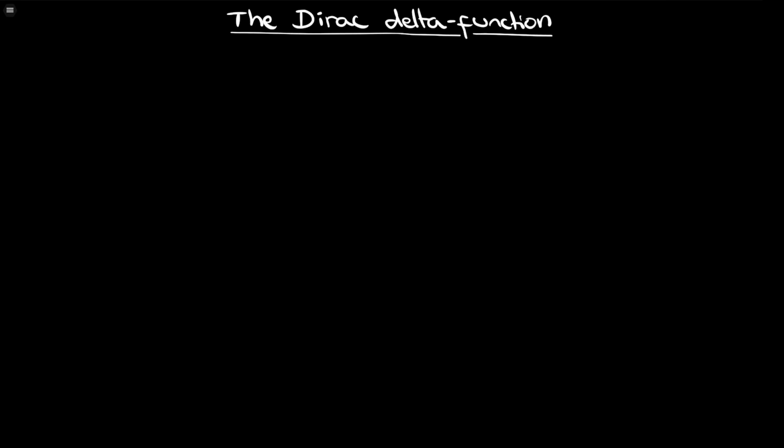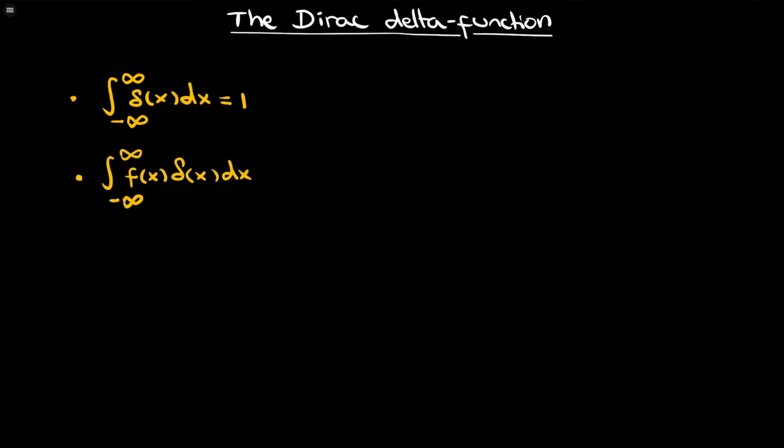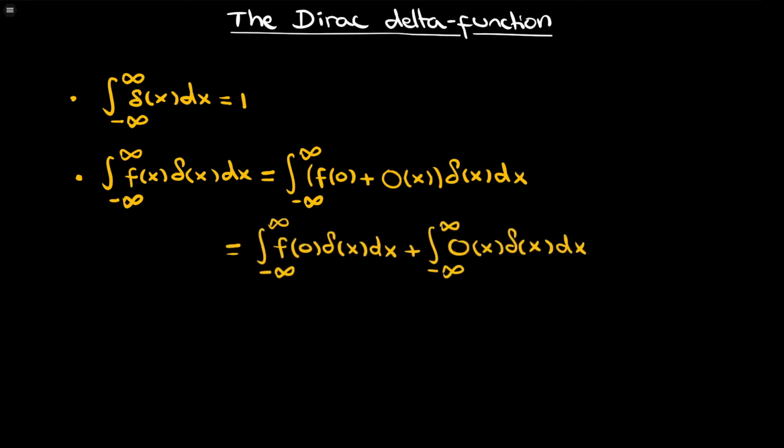So let's now explore some properties of the Dirac delta function, and here we'll be using the variable x instead of t to make this a little bit more mathematical. So we already know that the integral of the delta function over all x is equal to 1. But what if we integrate the Dirac delta function multiplied by some function f of x? Well, we can Taylor expand f of x in x about 0. Here we've written the 0th order term, f of 0, and grouped all terms of order 1 and higher into the big O notation. Splitting this integral into two as follows, we see that the integrand in the second integral